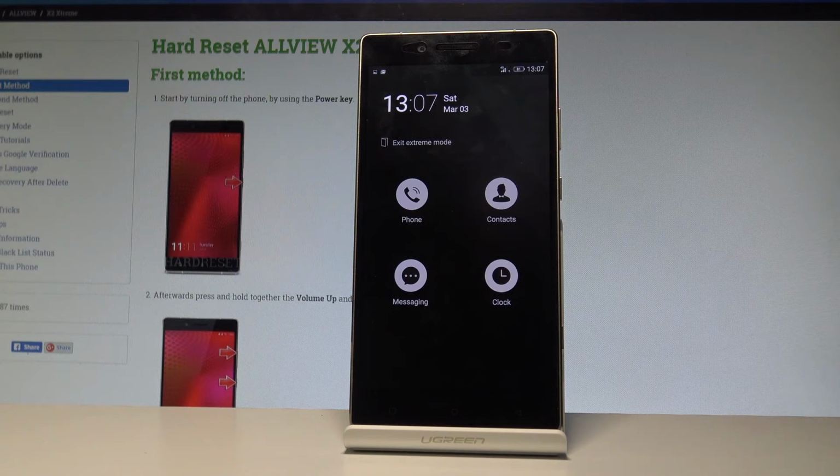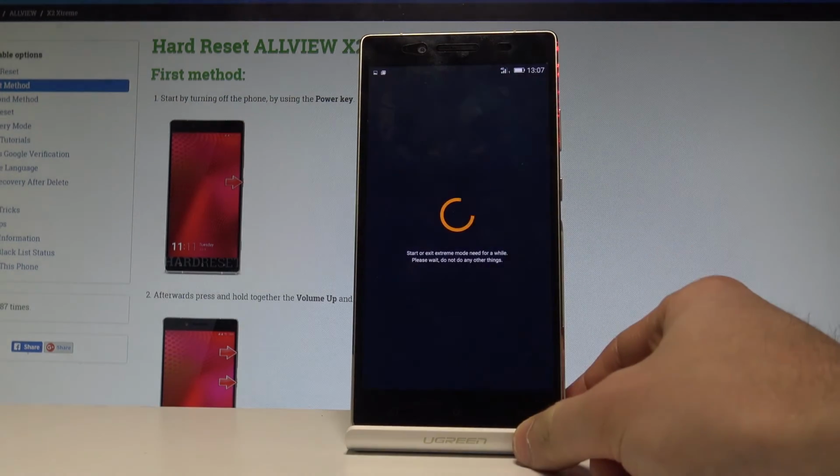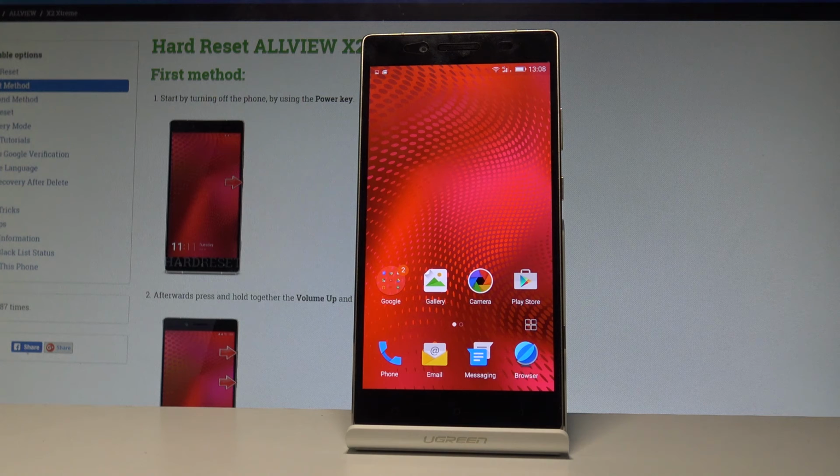But if you would like to quit this mode, it's very easy. Let's choose Exit Extreme mode, tap OK. The device is quitting the extreme mode. And that's it. Now you are using the normal